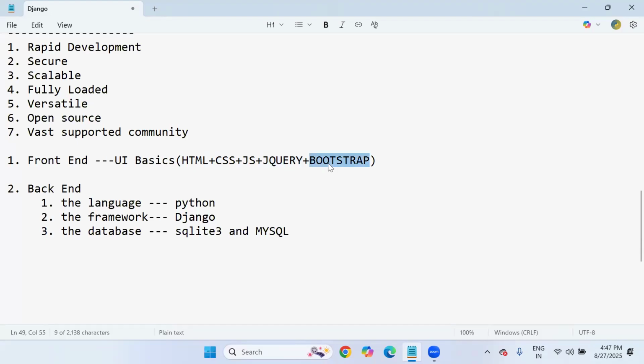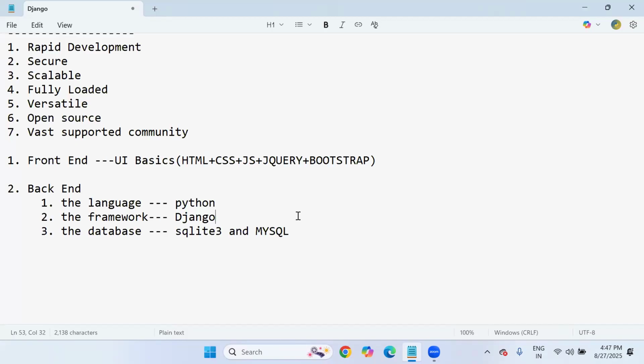We use Bootstrap more often in Django web development to make the look and feel better compared to normal HTML and CSS. HTML is normal content; HTML plus JavaScript means dynamic content, a dynamic response. So this is the total introduction of Django.